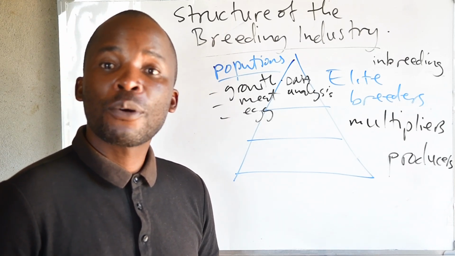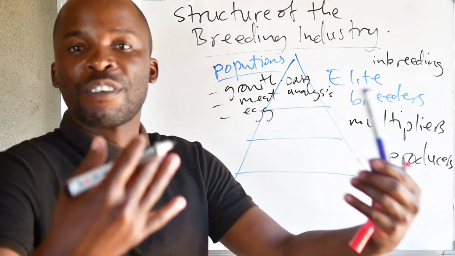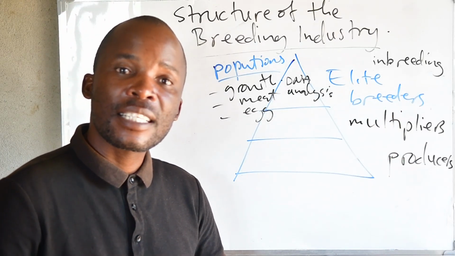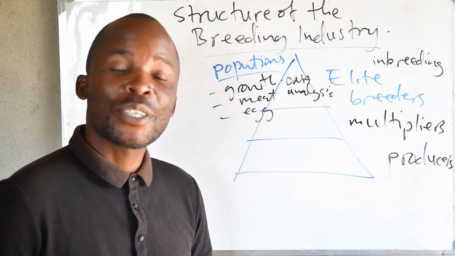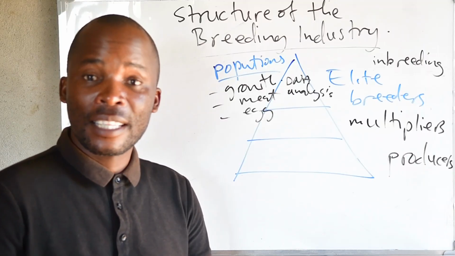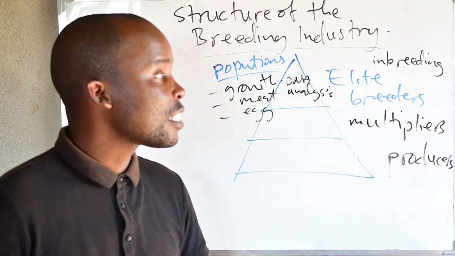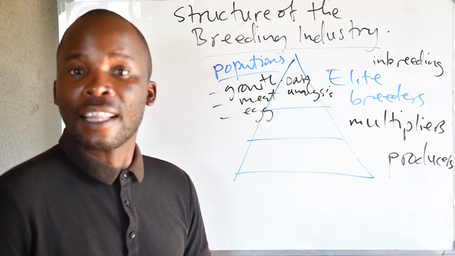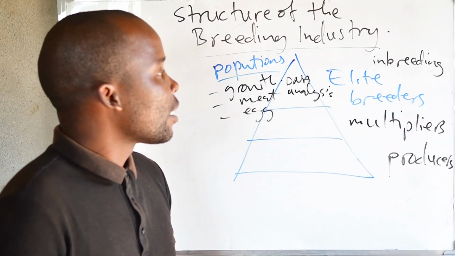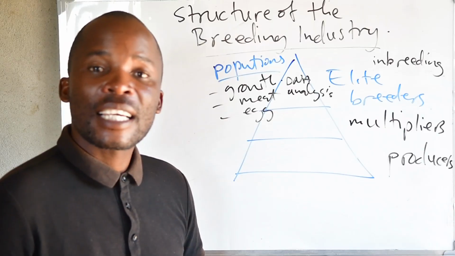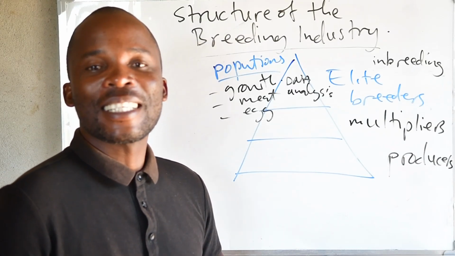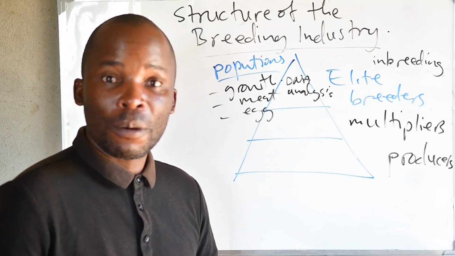They are not worried about the consequences of unfavorable alleles, because remember, when you're trying to fix a certain favorable allele, it also results in unfavorable alleles being fixed as well. But these ones, they have done the calculations, they have looked at the risks, they know that they will always get the best result. So the products that elite breeders are giving us are actually pure breeds. Yes, they are actually pure breeds.